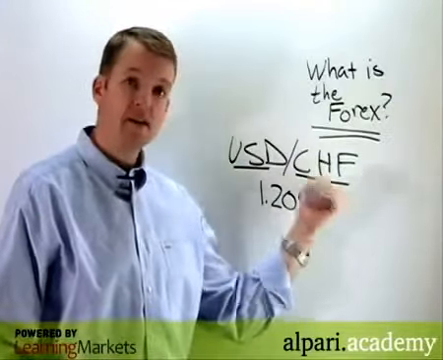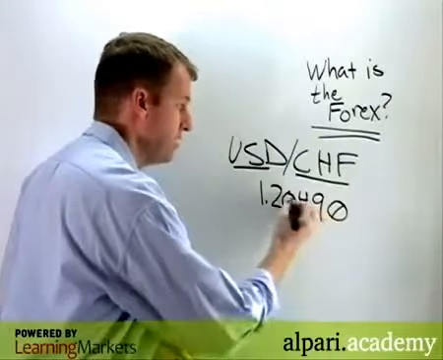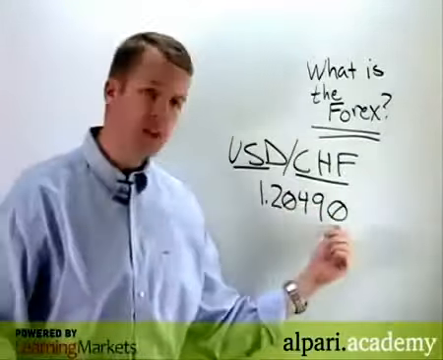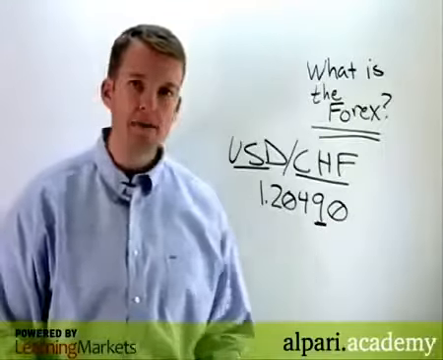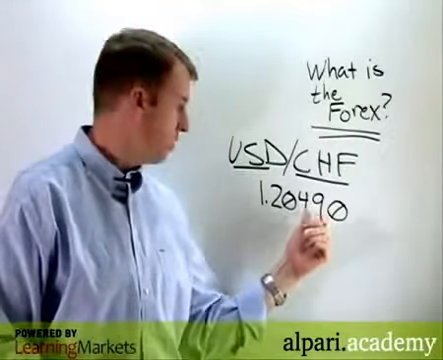So that's pretty simple. Exchange rates are typically carried out to the 4th or 5th decimal place when you're getting really good pricing, so you can get all the way out here to the 5th decimal place. And this decimal place right here is called a pip. So one move up or down in that number, if we go from 2049 to 2050, then we've moved up 1 pip. So you'll hear Forex traders use that verbiage all the time.